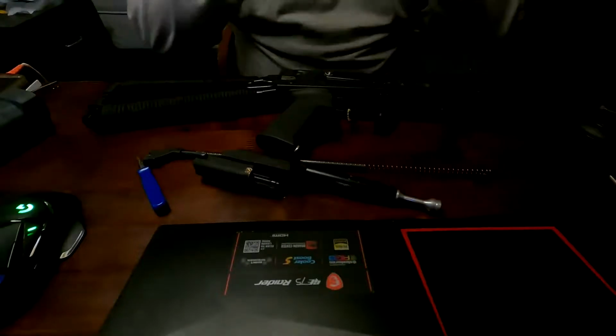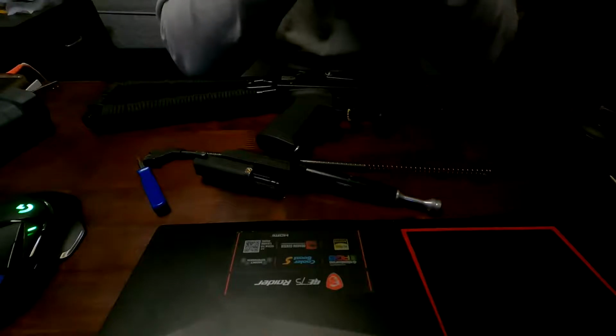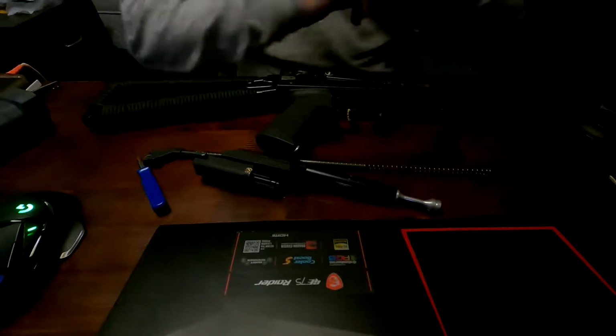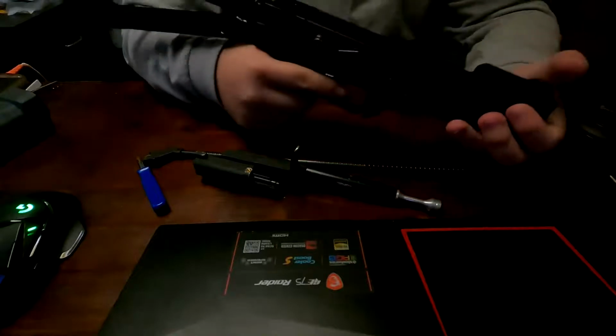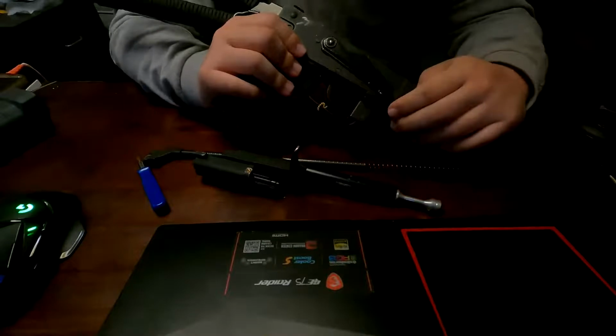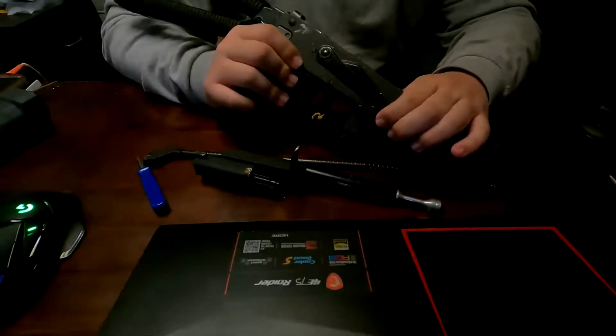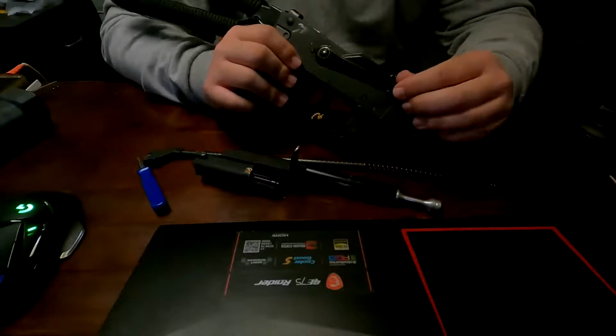Right, now to the body. Now this body, not the greatest in the world. Main reason being that this is not like a one-to-one spec of a real AK, unfortunately. The dimensions are a little off. For example,